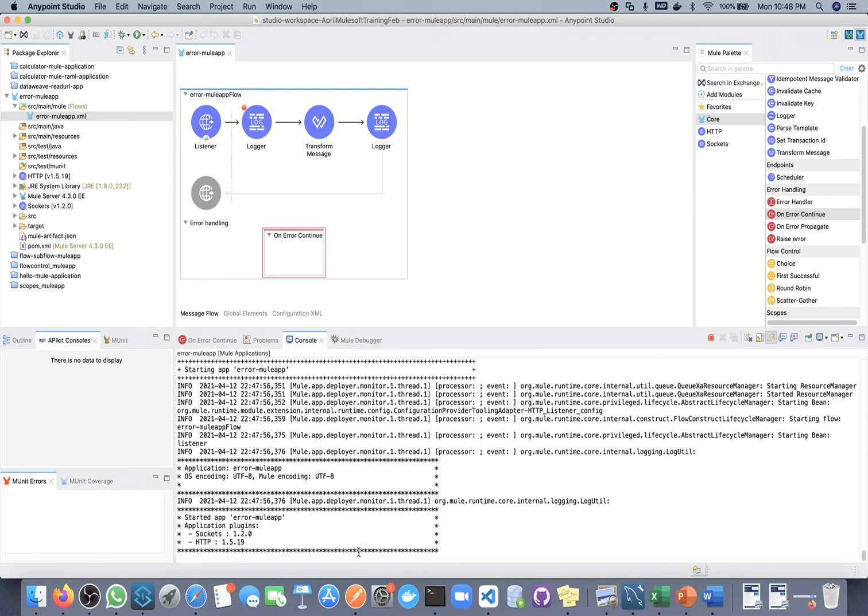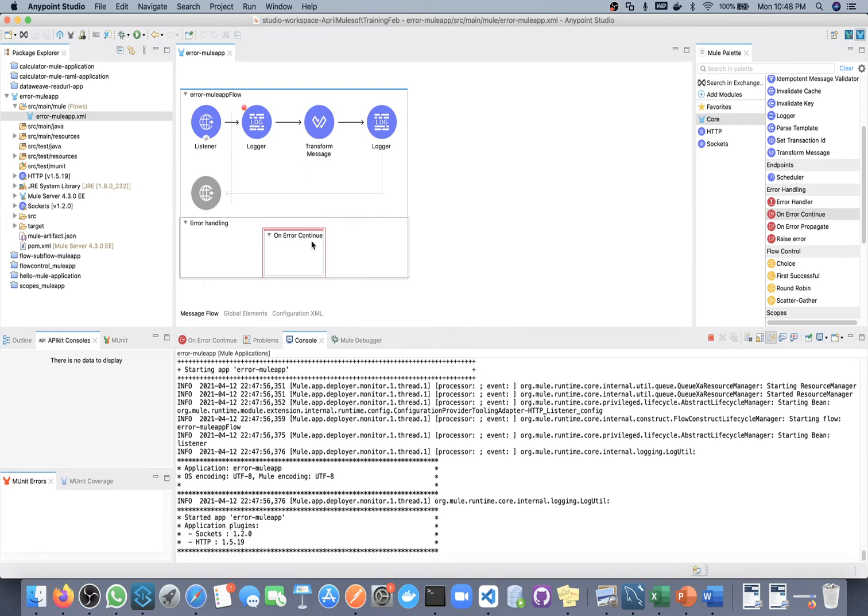Okay, deployment done. So now we have defined our own error handler. Whenever there is an error, this error handler will handle it, but still inside this we are not doing anything. And what is the characteristic of this on error continue Mule component?